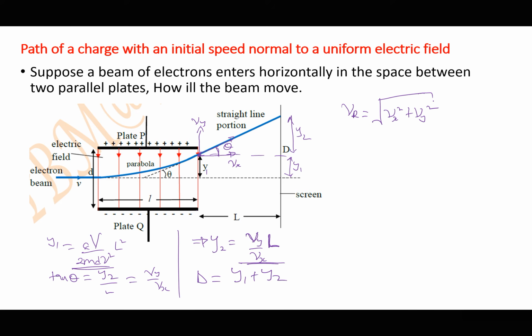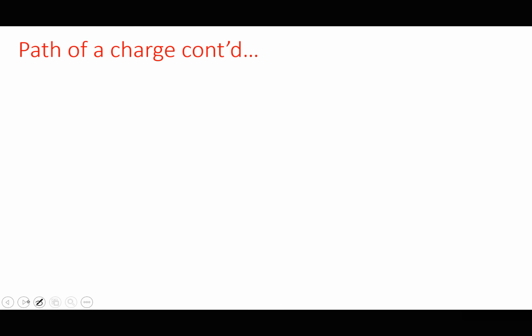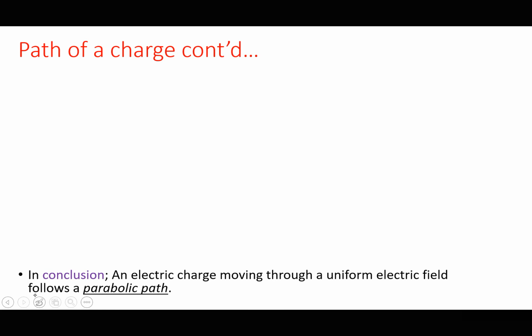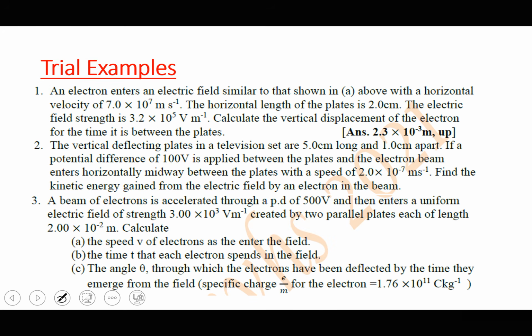Examples as we wind up this. Let's see a few examples. Most of them will be tried by you. So we have seen the path. In conclusion, we have seen that the path for an electric charge is actually a parabola, or a parabolic path. Examples: